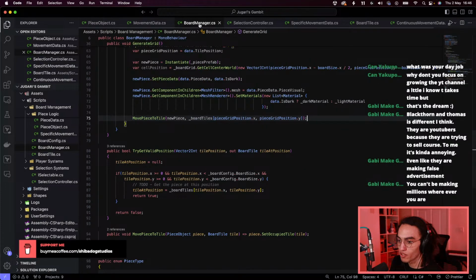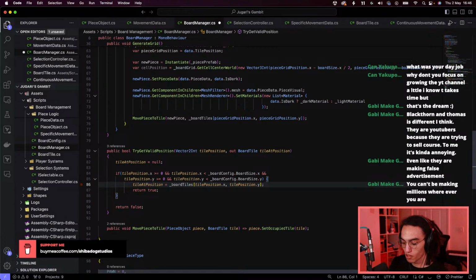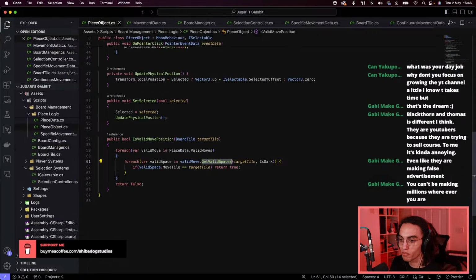that method that I was just looking at. Let's remove this to-do actually while I'm here. Where was I just looking? Piece object? Yes, this one. So when we're iterating over all of the spaces, the valid spaces in here,